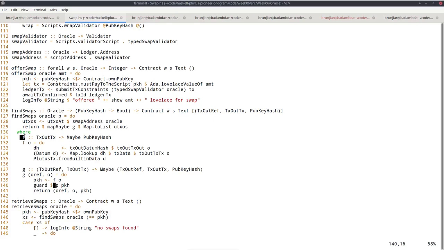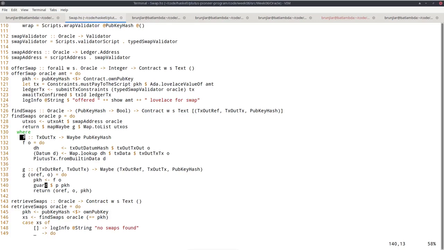And guard, we haven't seen that before. In some monads, including maybe, this guard is available, and that takes something of type Boolean. And what it does is it fails if this Boolean is false, then this computation fails. And if it's true, it just continues.